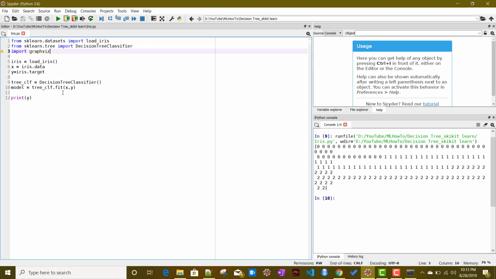Now through Graphviz, we can basically render data in DOT format to create a PDF file or something similar, which will be used for visualization purposes. So for that, first we have to create a dot file. To do that, what you need to do is